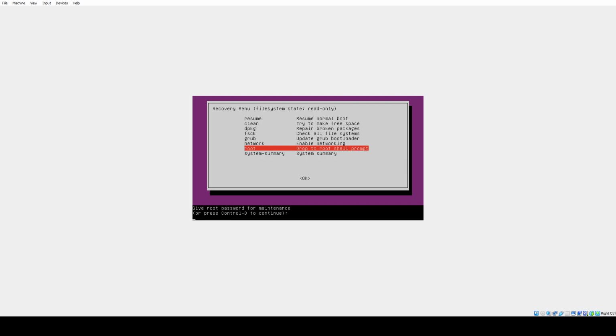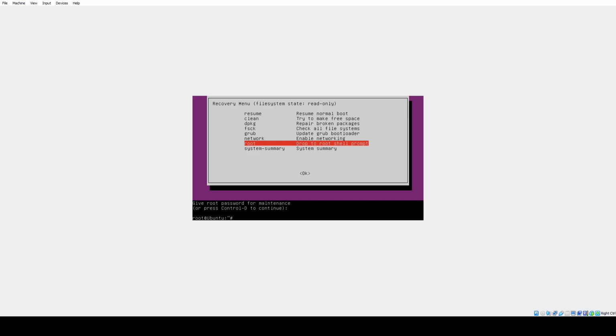What's going on here? There we go. That was a bit weird. Mount -o rw,remount space /. Here we go. So that's what we want to have typed out. We're going to hit enter,